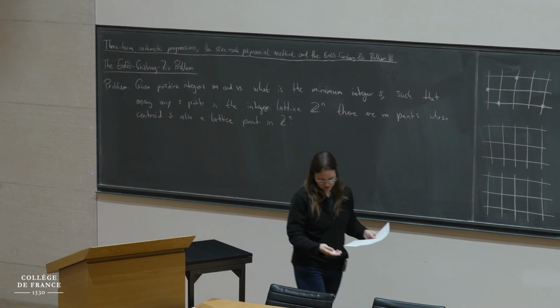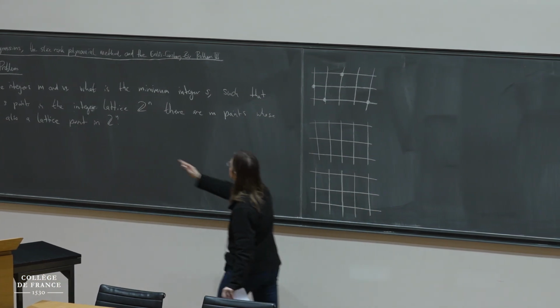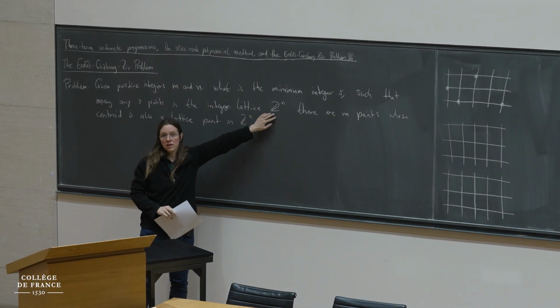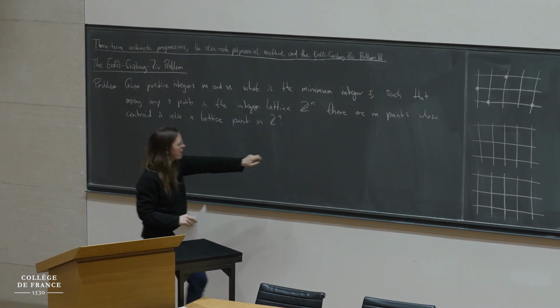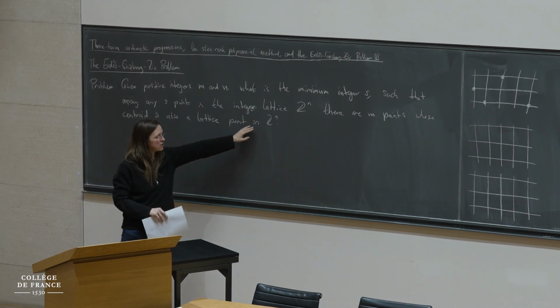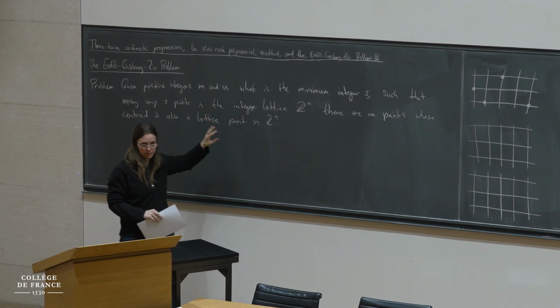Okay, so we want to make s big enough, depending on m and n, so that whichever points in this n-dimensional lattice Z to the n we take, we are always able to find m points with the property that their centroid is again a lattice point in Z to the n. The centroid doesn't need to be one of those s points, but it has to have